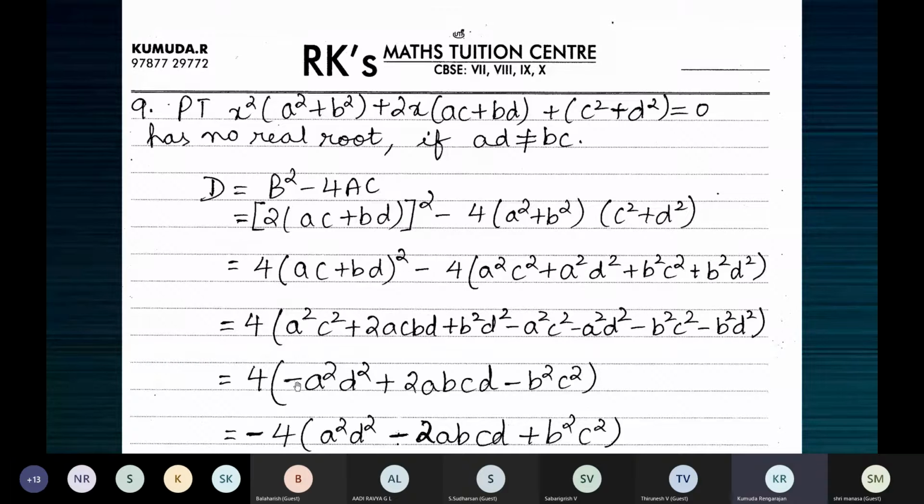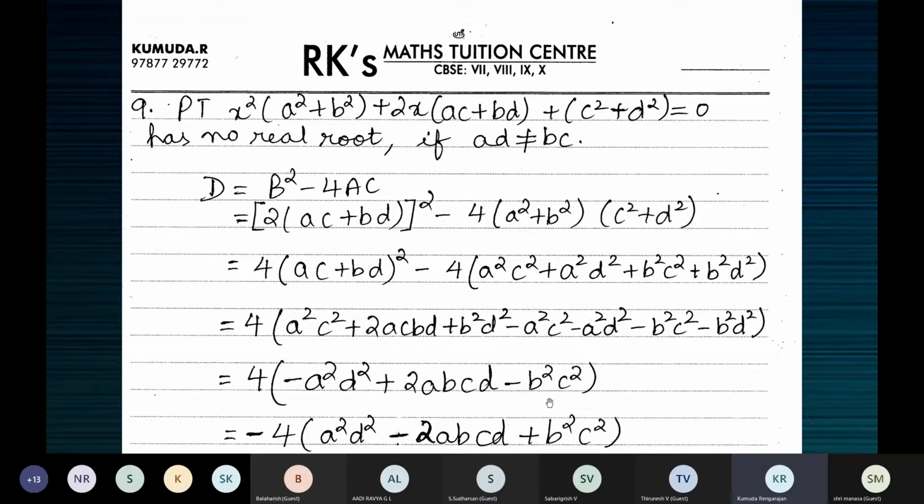And this one is minus a square d square. Now this expression is a perfect square, just that we don't want a minus here and a minus here. Because the middle term, when it is x plus y the whole square or x minus y the whole square, it's the middle term that is negative or positive. The x square and y square terms are always positive. It's x square plus y square plus 2xy or x square plus y square minus 2xy. That 2xy term carries a plus or a minus sign in x plus y the whole square and x minus y the whole square. X square and y square are always positive in both.